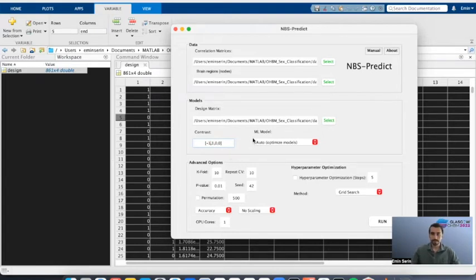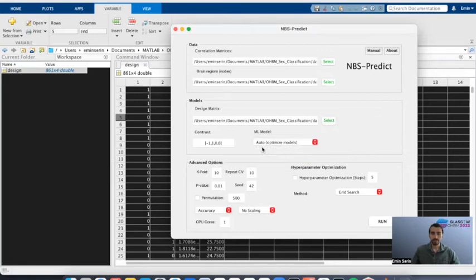Okay. So the machine learning model parameter is very straightforward. NBS-Predict shows you the suitable machine learning models for your problem based on the design matrix you provided, for our analysis, like logistic regression, support vector classification, and linear discriminant analysis.